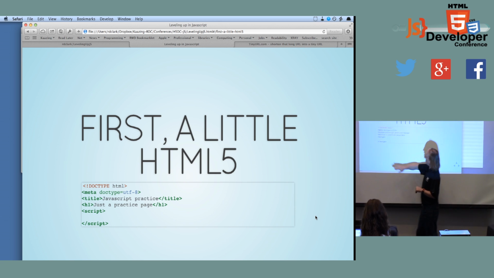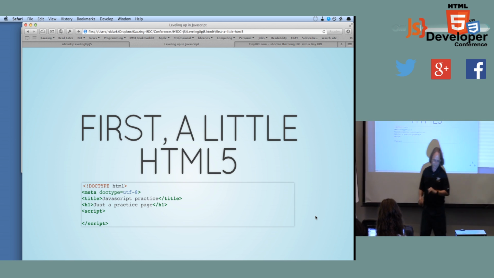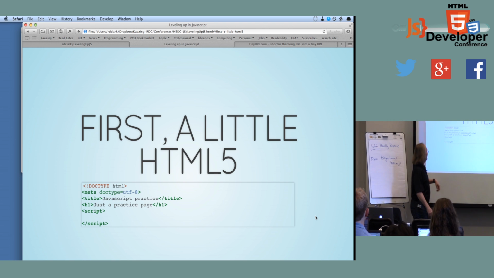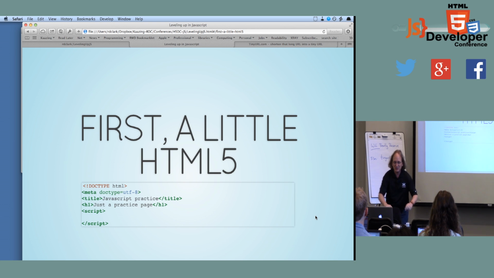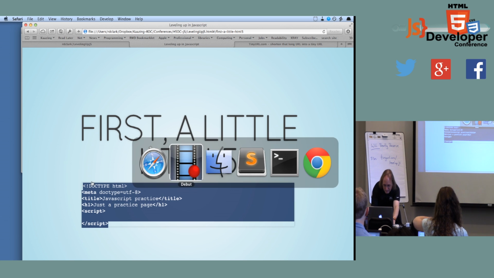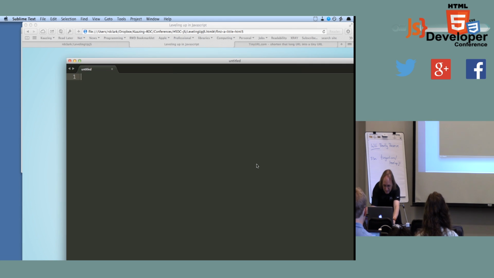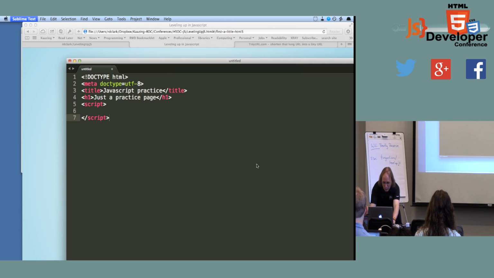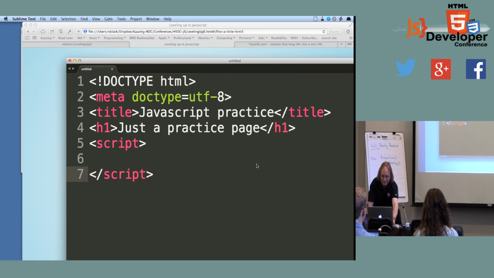So we'll start with a tiny bit of HTML5 just as a framework. And you'll notice it's a very small page. By the way, if you've been writing HTML for a while, this page may look very strange. Actually, let me just copy that into something and make it bigger, because the poor people who are watching the recording would have had a hard time seeing it.